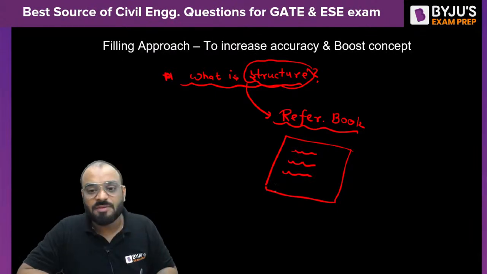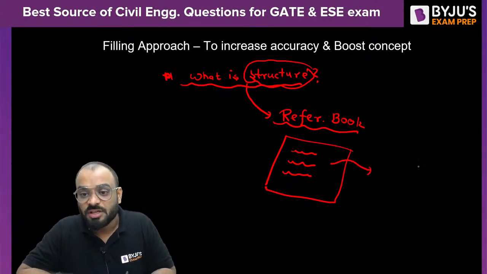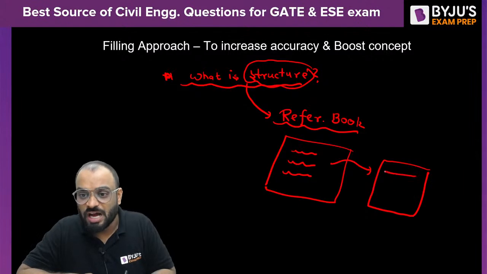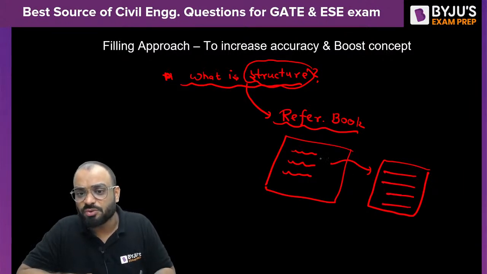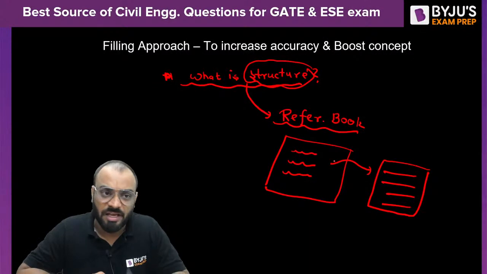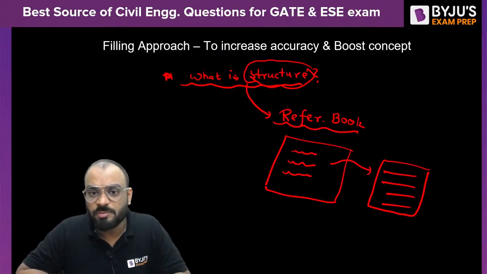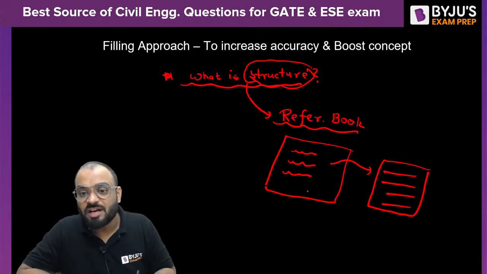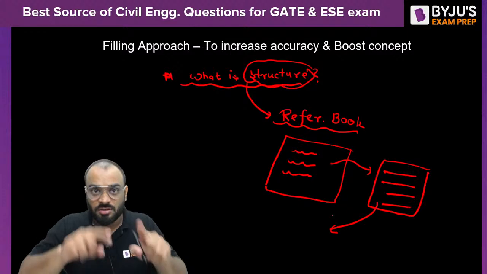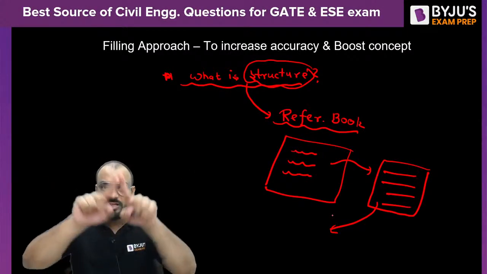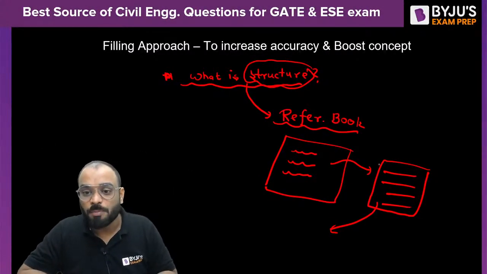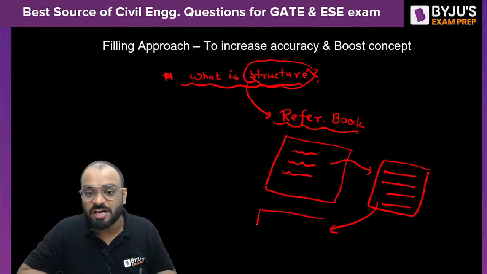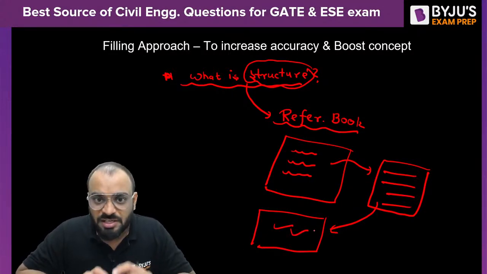After marking that topic, guys, you need to refer to the questions related to it. You have a lot of questions related to that topic in the reference book itself, like solved numericals, and some unsolved numericals also, right? So you need to refer to the questions also, and try to make that content part of your main content, or you can say your notebook. Try to copy all this data which you have learned and write it down in your notebook. This is basically the filling approach,